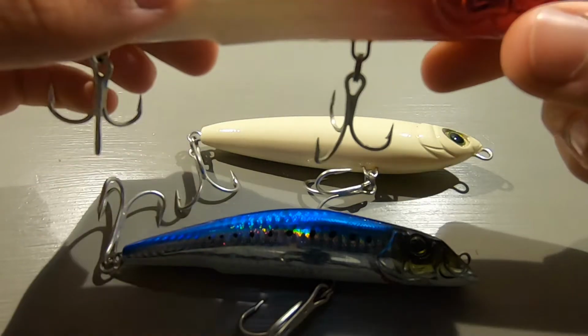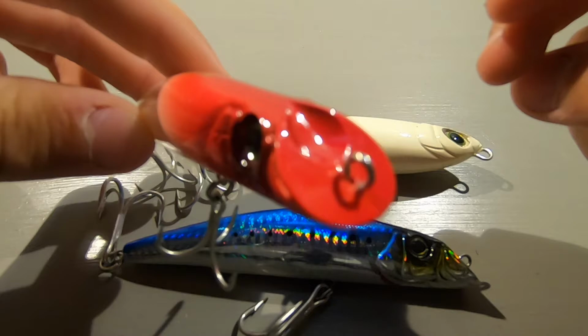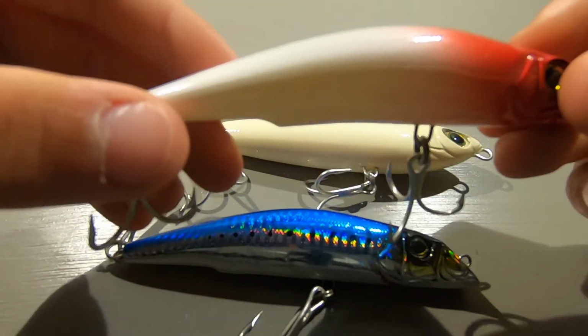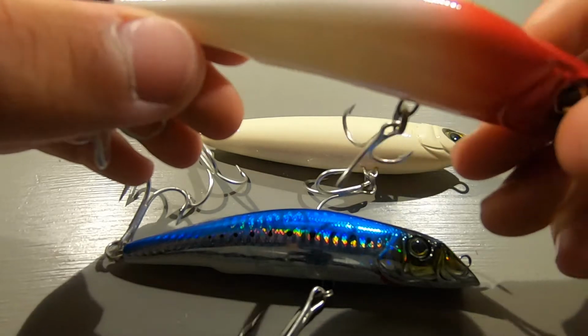So this is kind of a smaller popper. It's got that red head to indicate blood. But you see it's got that bill on it to make that pop and splash. Okay, so I would throw this when it's nice and calm and low visibility because stripers hunt with their eyes, not with their nose too much. Well, I don't know if they have a nose, but they smell. Anyway,